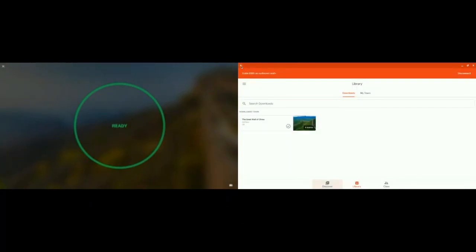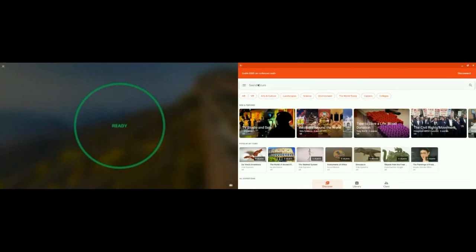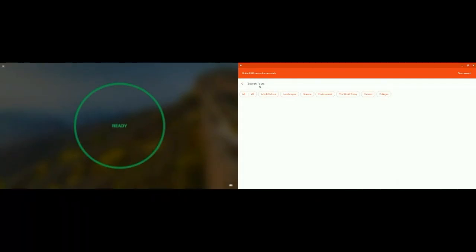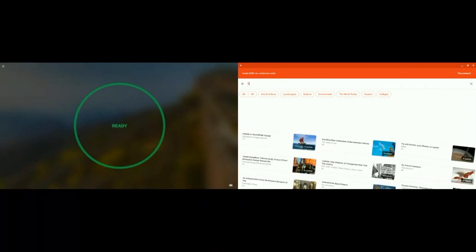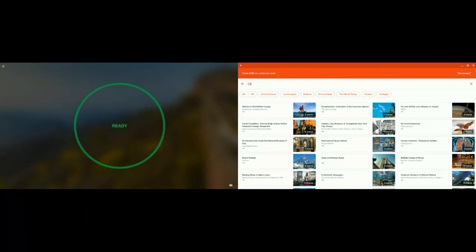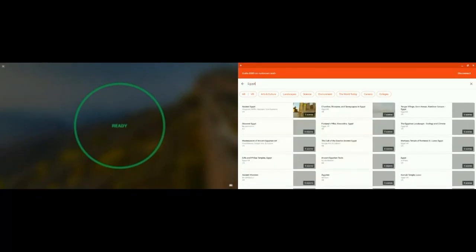I am going to X out of there. I'm going to use the back arrow, and I'm going to search for another tour. This is where your pre-planning will really come in handy. So if you've already gotten a bunch of tours downloaded, that will make it that much quicker and easier. But searching for tours is not that difficult as well. Let's leave China and go to Egypt. I'm going to go to ancient Egypt right here,